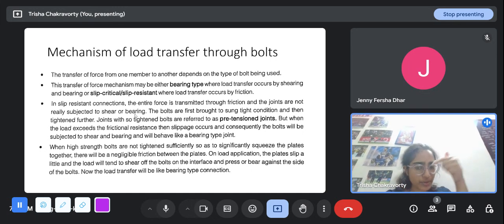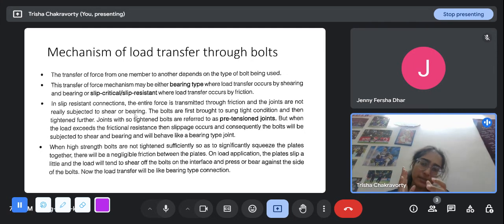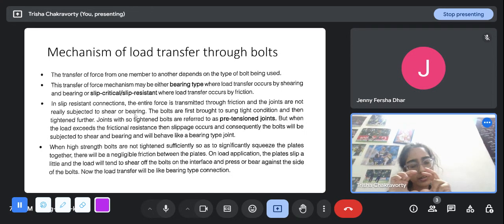Load transfer is from the point of application of the load to the support, whatever that support might be. For example, suppose there's a cantilever beam and you put a transverse load at the tip. What is the load transfer that occurs? The shear force and the bending moment are transferred to the support, and if the support is able to take them, the support stays safe. But suppose the cross section itself was not enough to take that shearing force, then the structure will fail there itself. The load will not be able to transfer to the support at all.